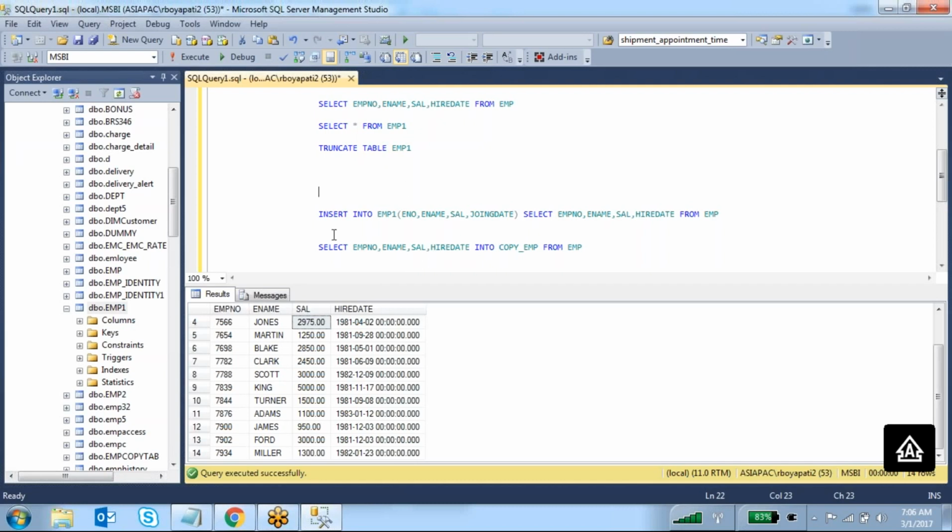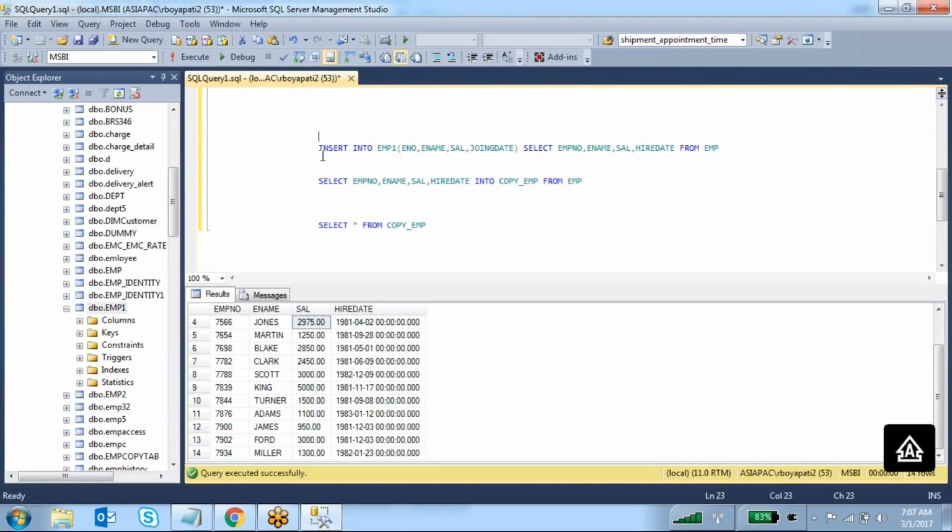That is the reason, by using this select into command, you can fill a new table as a kind of backup table. Then you can truncate the data in the EMP table. Later if you want, yes, you can move the data from this table back to this table. These are the two commands: insert into select from a table, and select into from a table.